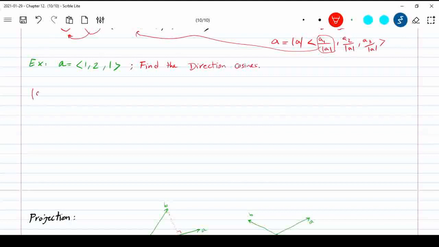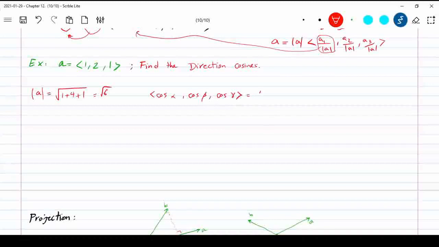Easy way is to first find the magnitude of A, which would be the square root of 1 plus 1 plus 4, so 1 plus 4 plus 1, which is simply 6, square root of 6. So what would the cosines be? I will divide A by its magnitude, so I can say cosine alpha, cosine beta, cosine gamma